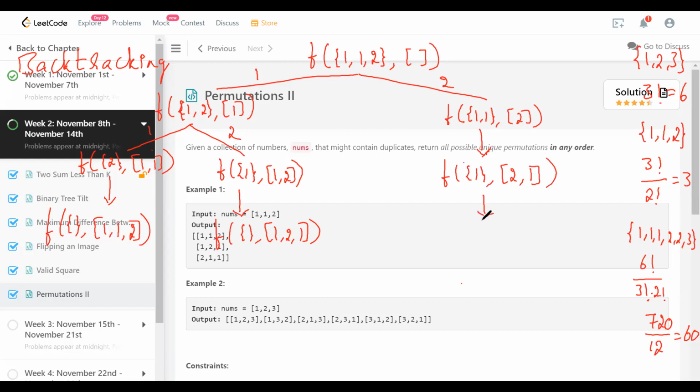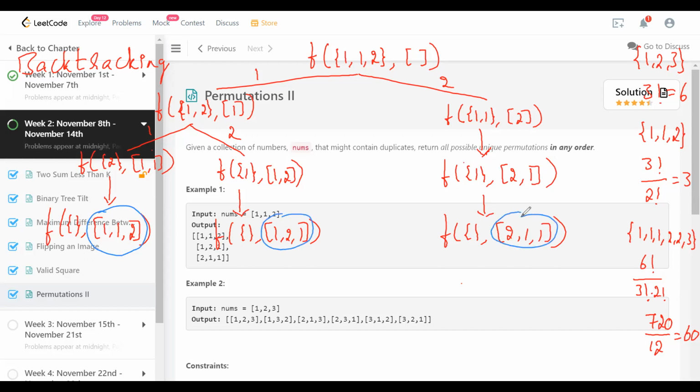So one more level, it's going to go down. So f of a null set with 2, 1, 1 as the permutation, right? If you observe that, that's the leaf, and then when you backtrack, there are no other options. So the number of permutations we have found is in all of these leaves. So this is the first permutation, 1 1 2, and then 1 2 1, and then 2 1 1, right?